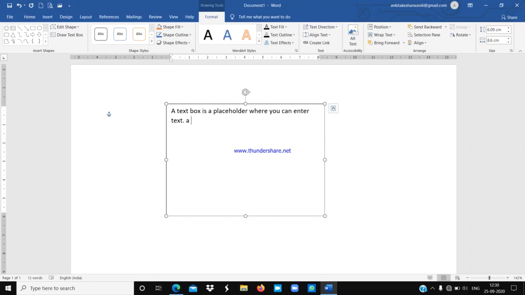A text box can be used to manipulate text and give new graphical effects.